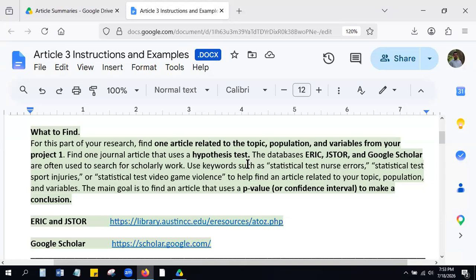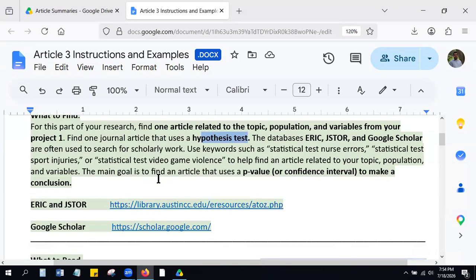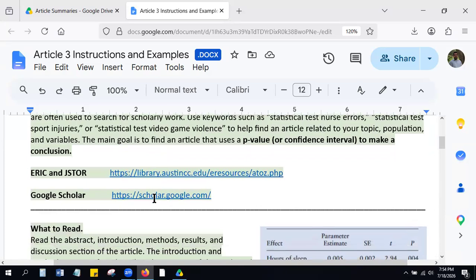Okay. Now, as far as the places to go and try to find an article that has a p-value in it, it's really going to be about the way that you search. Hypothesis tests or statistical tests are going to be some of the best keywords to have in there. If I was trying to find something, let's say about nurses and them making errors, I could search that. And what I'm going to do right now is just focus on